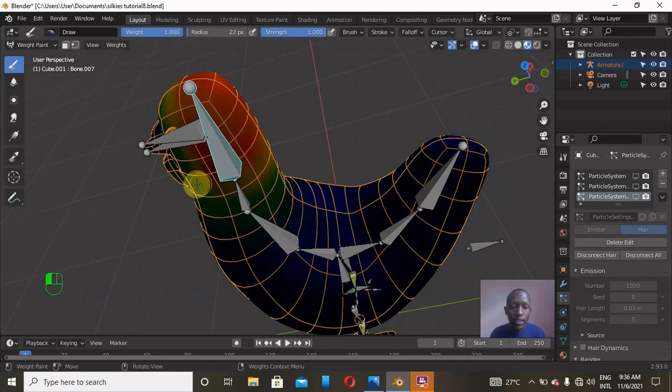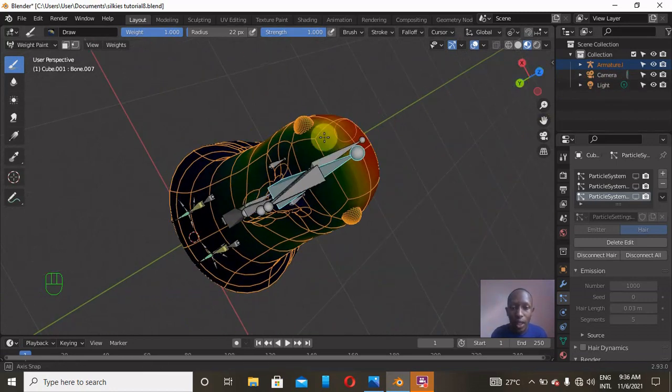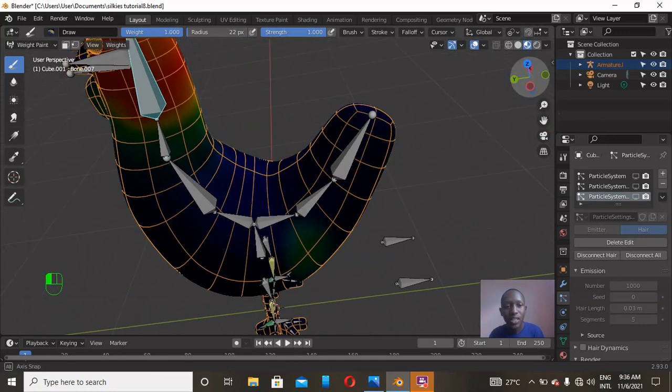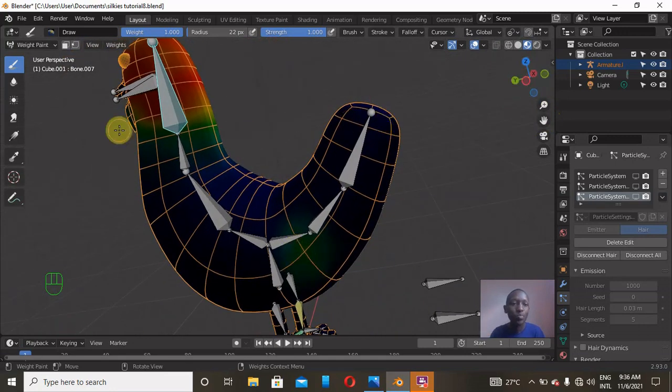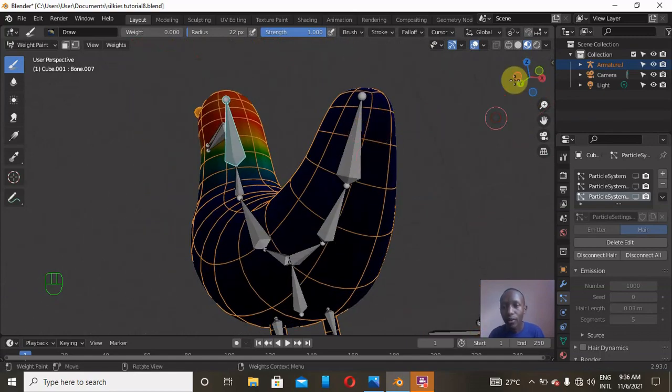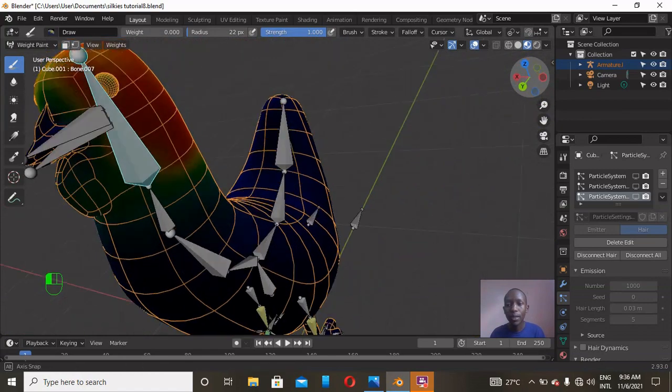So I'll go ahead and just color by dragging this brush like that, and like that, and I think that's enough. You can just make sure that it's perfect by making sure that the top part of the head is given a value of 1, and also make sure that it's not affecting other places. You see, this neck bone has been attached to affect this place, which really it shouldn't. So we remove this weight on this part, and we also confirm that it isn't given any weight on any vertex here. Okay, so we have managed to do that.